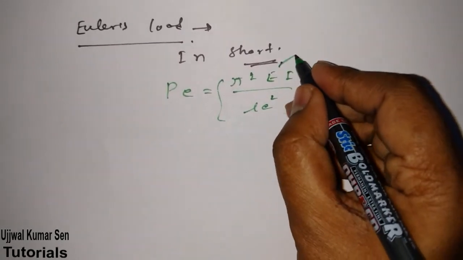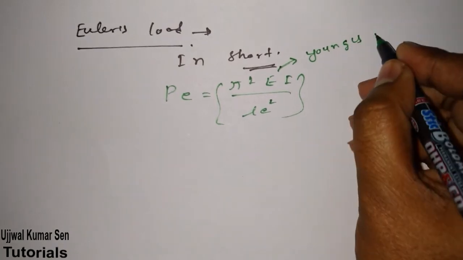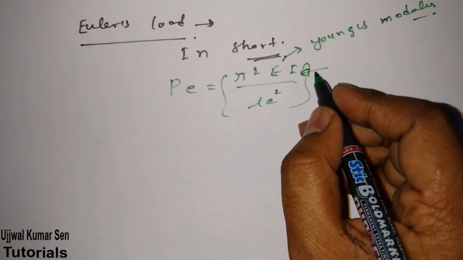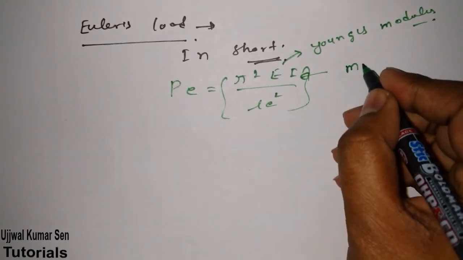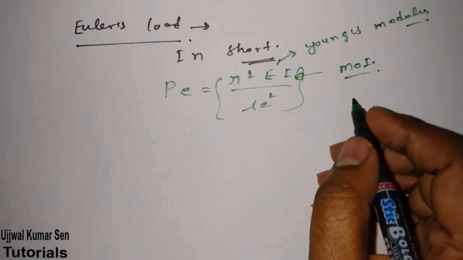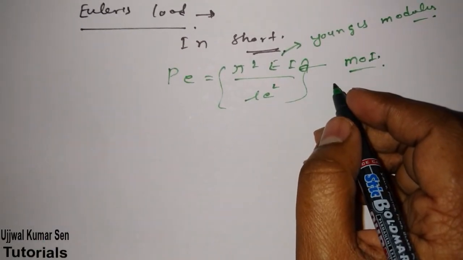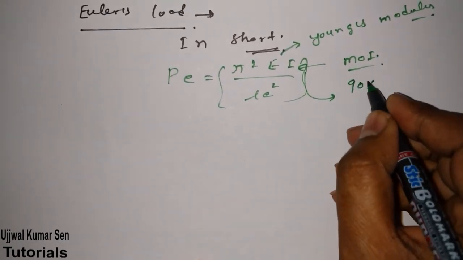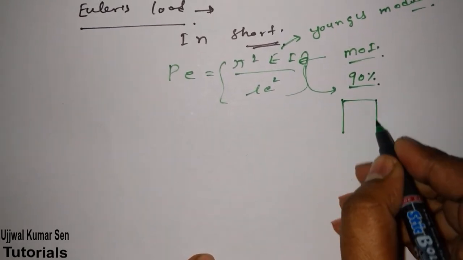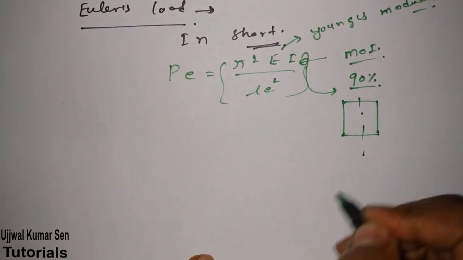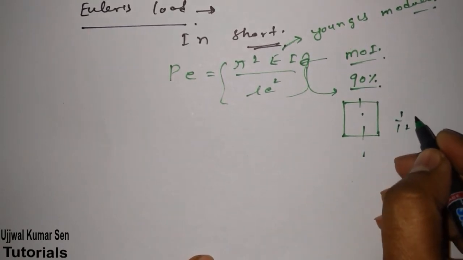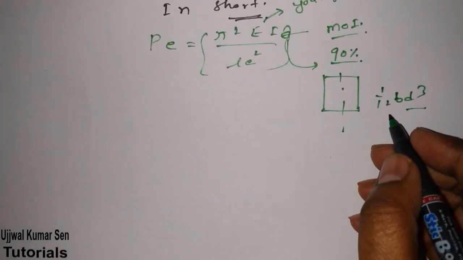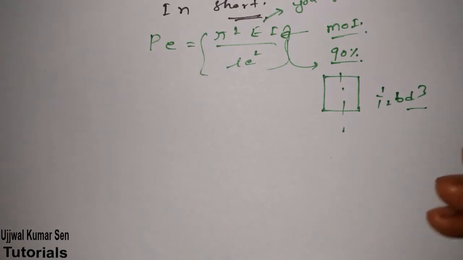All right, so E is Young's modulus. Even a beginner knows about E. What is I? Basically moment of inertia, MOI. What you need to remember in case of moment of inertia, because there are many formulas, but most of the time, 90% of GATE problems, you will get a rectangular shape, where the moment of inertia is 1 by 12 b d cube. Again, don't forget to consider direction, otherwise b and d will be changed, right?